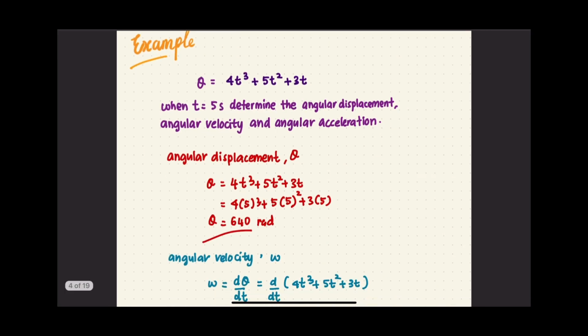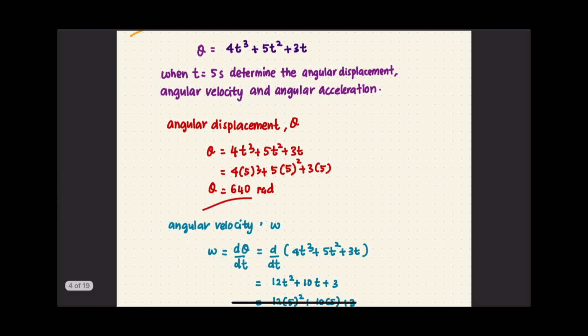This example involves a given equation that you have to work with. Given theta, angular displacement, equal to 4t^3 plus 5t^2 plus 3t. When t is equal to 5 seconds, determine the angular displacement, angular velocity and angular acceleration. First, angular displacement, we find theta. Theta equals 4t^3 plus 5t^2 plus 3t. Substitute 5 seconds into t, and you will get 640